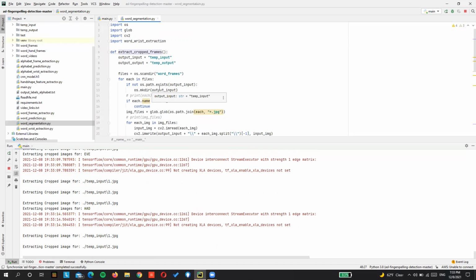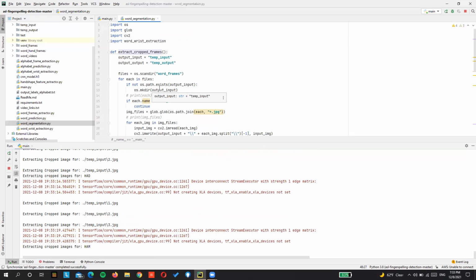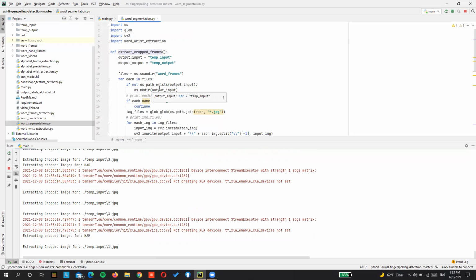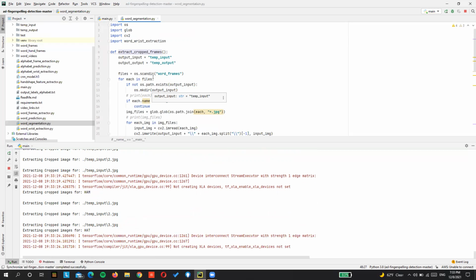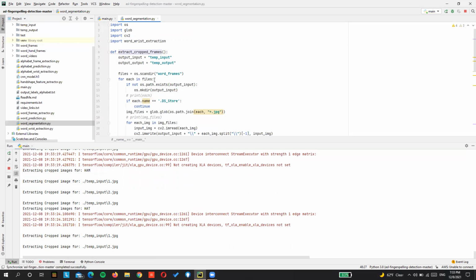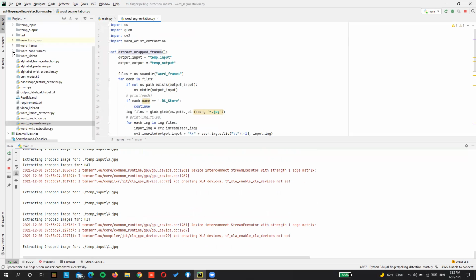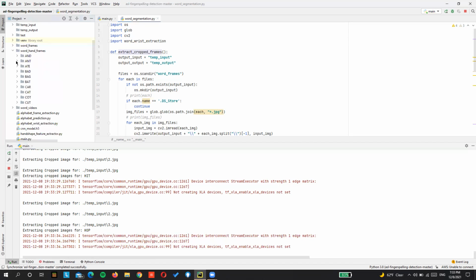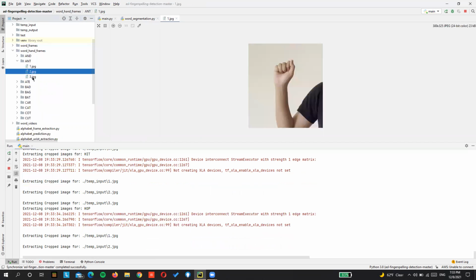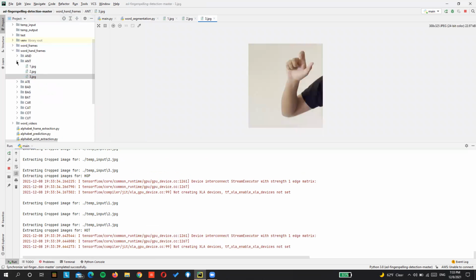If at all we extract the frames for each and every one into a single folder, it would overwrite them. For that purpose, we have used temporary input output folders so that each word extraction is done at once. Once that is done, we can see that the frames for each word are getting extracted onto the word hand frames folder.